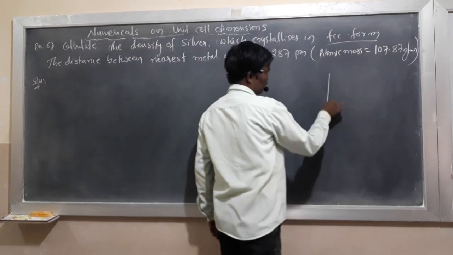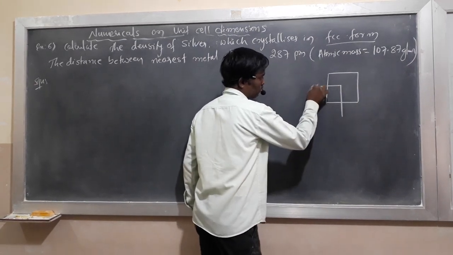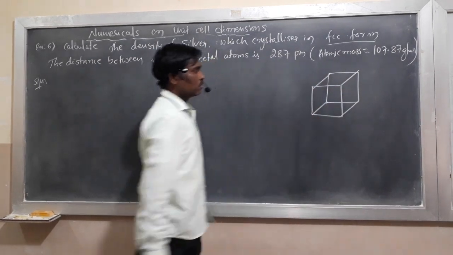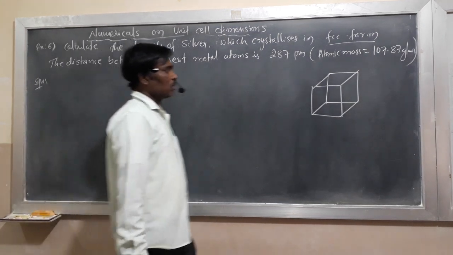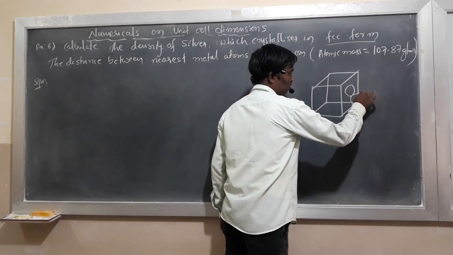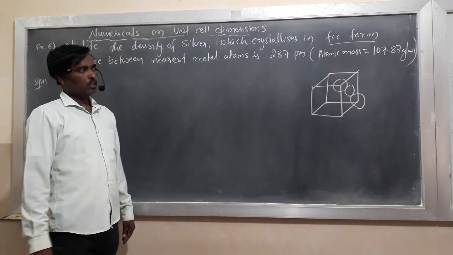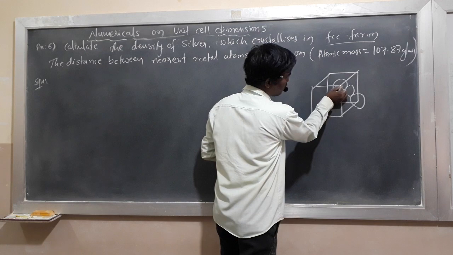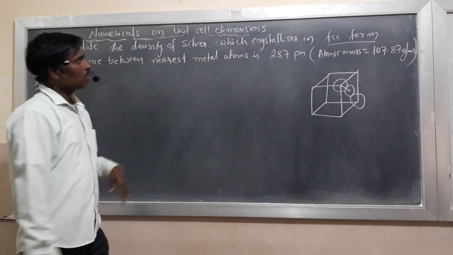Students, here we know the arrangement of particles in an FCC unit cell. In an FCC unit cell, the diagonally opposite corner particles and a face center particle are in touch with each other. That means the face center particle and diagonally opposite corner particles are neighbors, and this is the arrangement in an FCC unit cell. So the distance between the nearest metal atoms, that means the distance between these two neighboring atoms, is given. So the distance is equal to 287